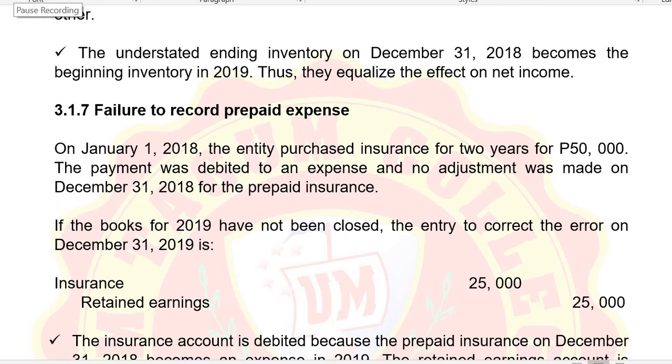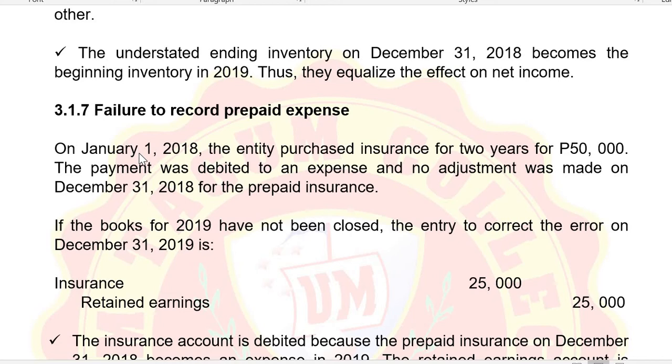Okay, so next would be failure to record prepaid expense. So, failure to record prepaid expense. Okay, so January 1, 2018, the entity purchased insurance for 2 years for 50,000. The payment was debited to an expense and no adjustment was made on December 31, 2018 for the prepaid